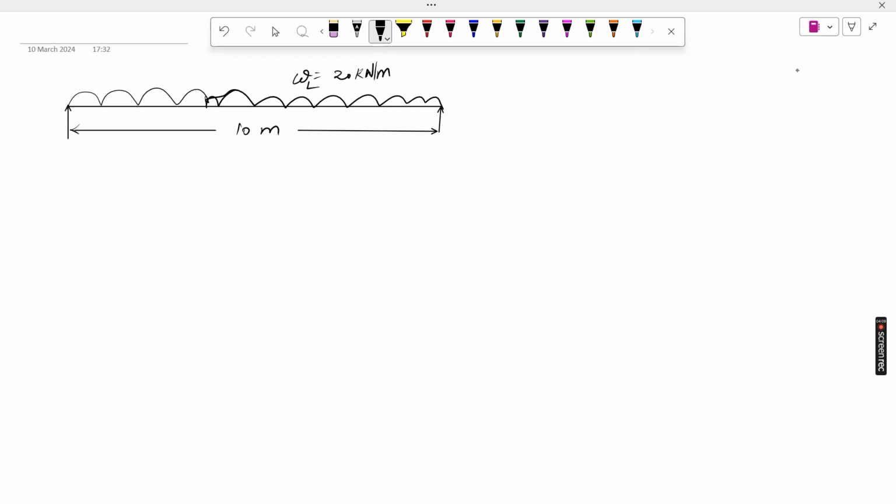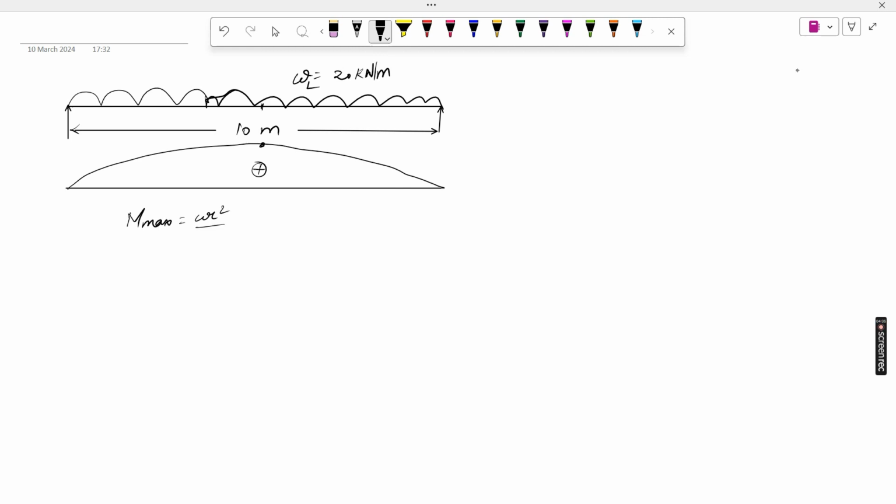Okay, this is our beam, this is simply supported, and UDL is applied here. What we have to do is make the bending moment diagram for this. The bending moment diagram for this type of loading case will come out like this, and the maximum value will be at the center. What is the value of the maximum? WL square by 8. This is the case, so we have to design